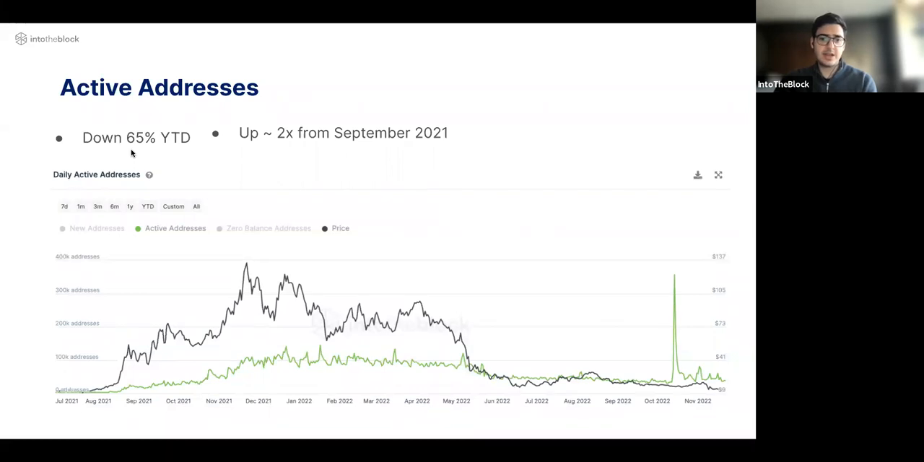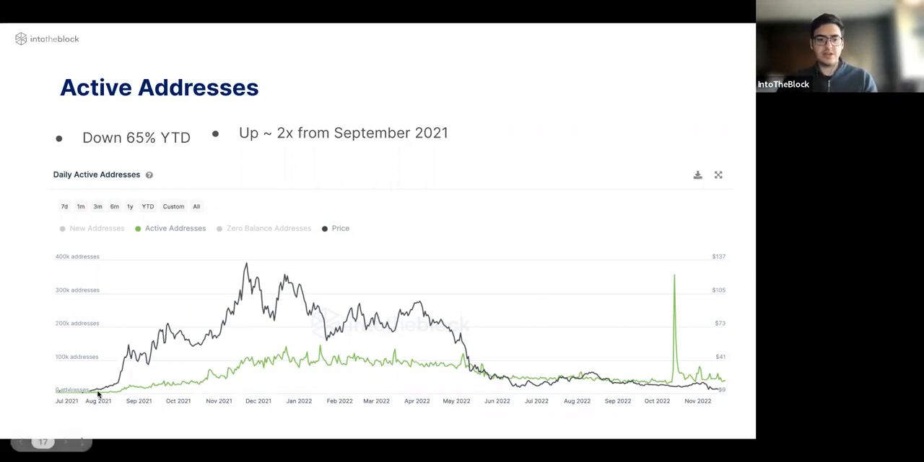Active addresses actually have held up even better. So that means essentially there are fewer active addresses, but relatively more than the number of transactions. They're down 65% year to date, but there's twice as much as they were in September. This is, I would argue, a positive development, since there are more users. Theoretically, of course, one address does not necessarily equal a user, but it does show more activity being spread out within